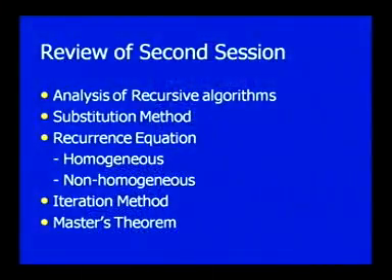Then in the last session we also reviewed how the time complexity analysis should be carried out for recursive algorithms. So, these are the review items. We discussed the substitution method. Substitution method is of two types. One is known as forward substitution and another is known as the backward substitution method. And we had seen how to solve some simple algorithmic analysis using this substitution method.